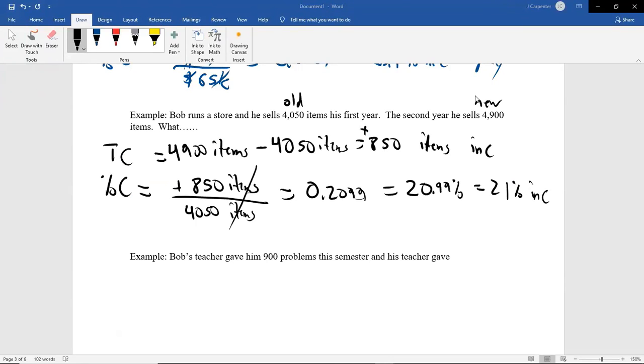So Bob's teacher gave him 900 problems this semester, and 749 problems last semester. Find the total change and percent change. So same two questions from the last 5 examples roughly. So this is where we will pause, and then you'll take 5 to 10 minutes to try and work on